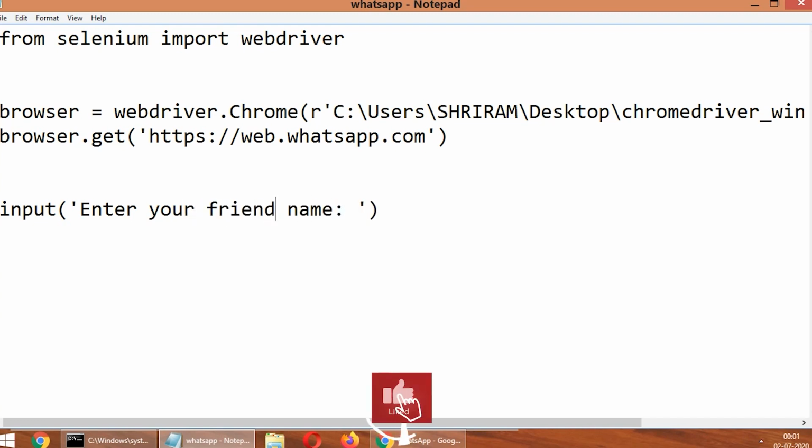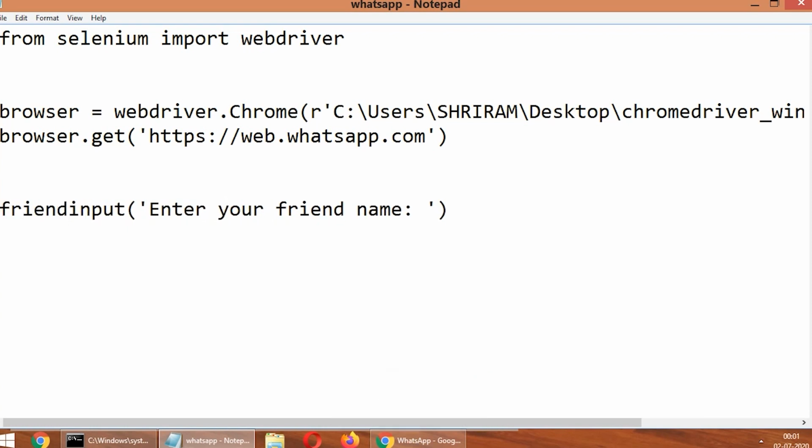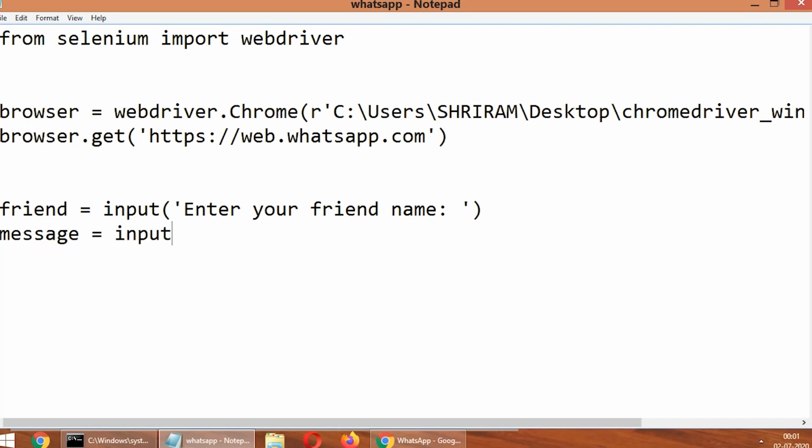Fine. I'm storing this in a variable so that we can use it further. Similarly, we want to get the message. I'm giving it as enter your message.